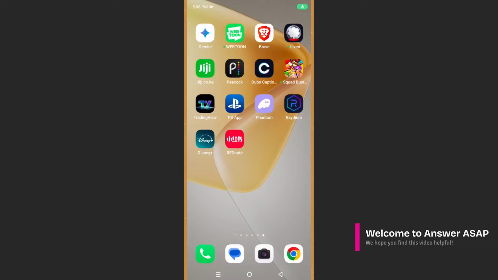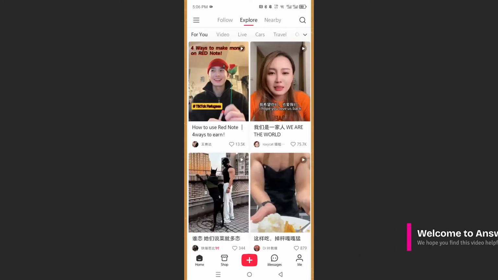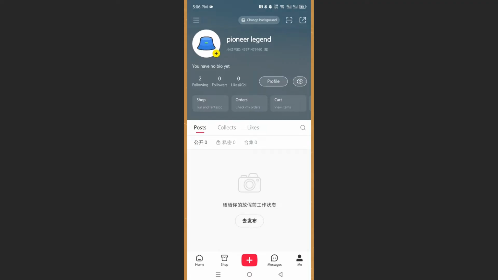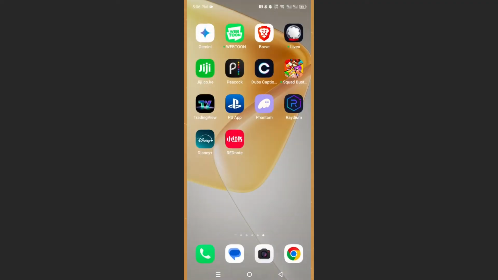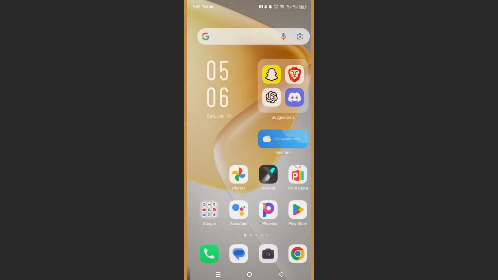Hey guys, in this video I'm going to show you how to hide the location in your RedNote app. Really easy and simple, guys. So you don't really do this from the app itself. What you're going to do is you're going to close the app and then go to the settings on your